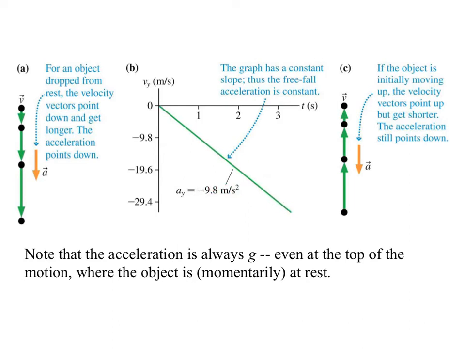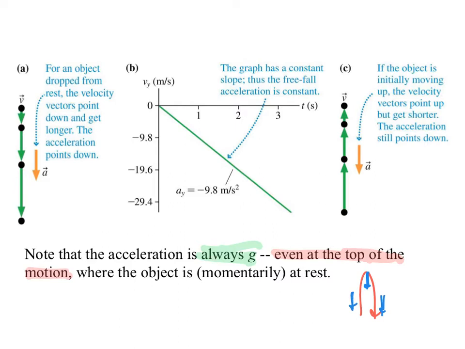is sloping downward. Had you thrown the object upward, the velocity vectors would point upward, but then they eventually come to rest and it turns around. Notice that the acceleration is always g, even at the top where the object has come to rest. So if we throw something and it does this, the acceleration is g at all of these points,